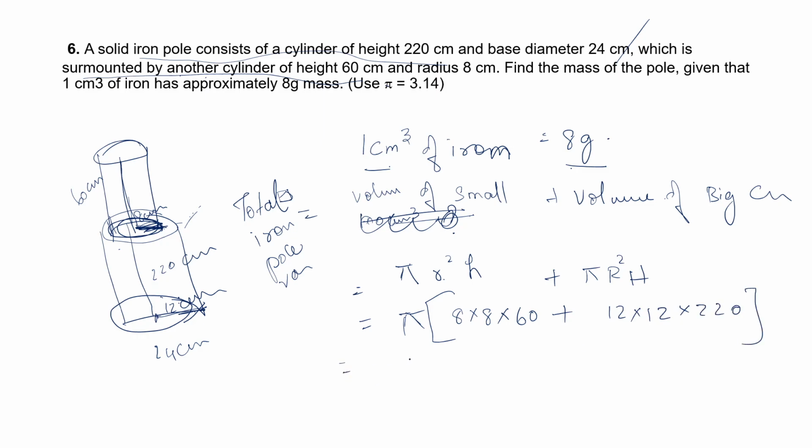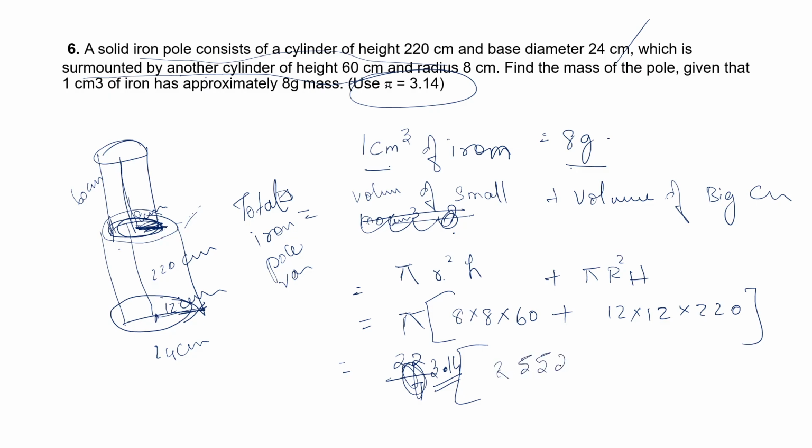Be careful while you are substituting. We may be prone to mistakes, like immediately while substituting we may take 24 as the radius, or mix up the smaller one and the bigger one. It's prone to mistakes, so be careful. The sum is easy, the calculation should just be proper. Here it is given pi is equal to 3.14, so I am not taking 22/7, I am taking 3.14. Please do the calculation by yourself.